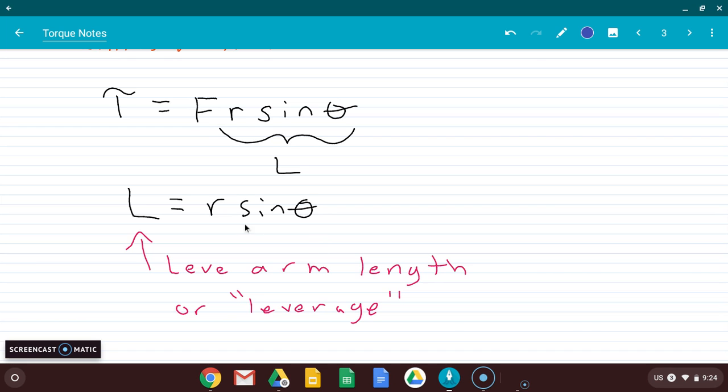So these two values together in this portion of the formula are known as the leverage or the lever arm length. It's a simple idea. If you want to maximize your torque, you try to push on a door as far out from the hinges as possible. That's why every door handle is always an